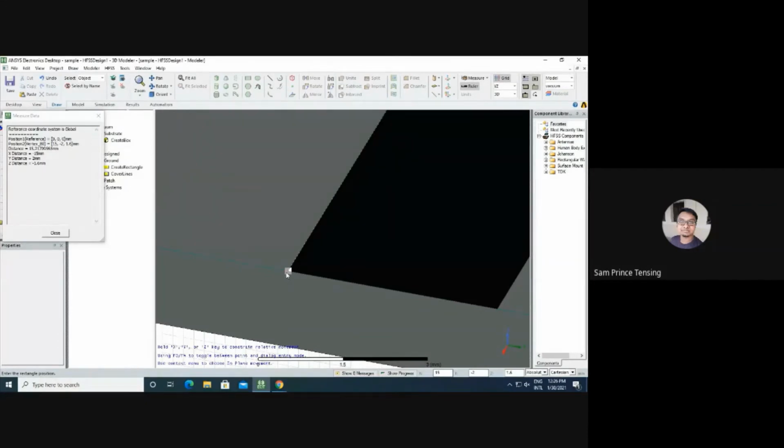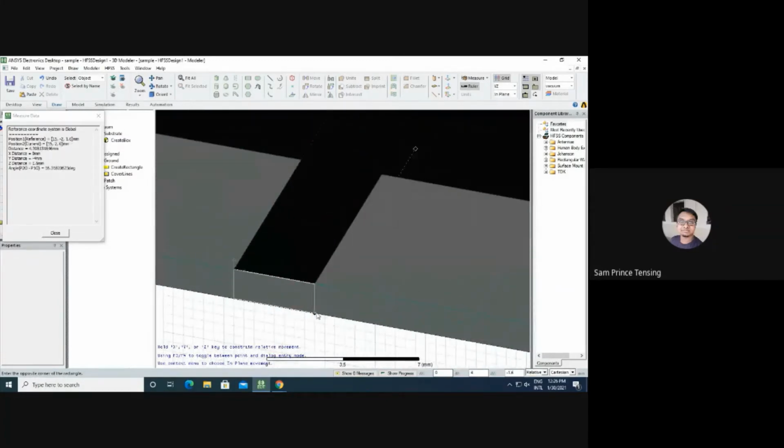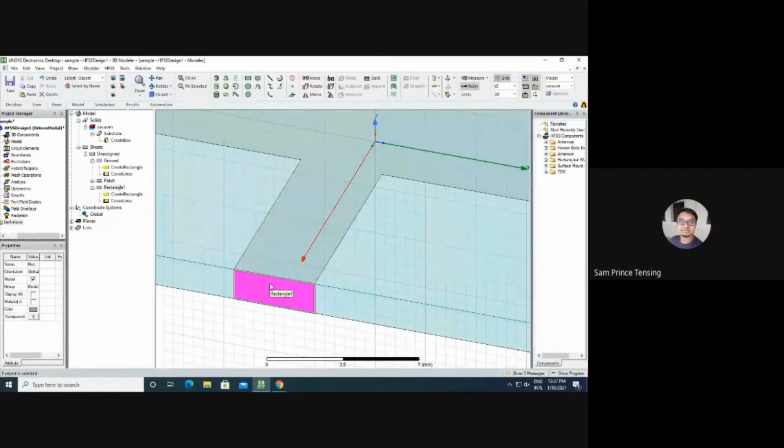So it means that you are exactly on the position. If you move a little further, you can see a rhombus. So it is not exact in that position. So while you keep in this, a bigger square will come. It means you are exactly placed on that position. So you can draw like this. So this is the port, and this is where we'll give voltage.